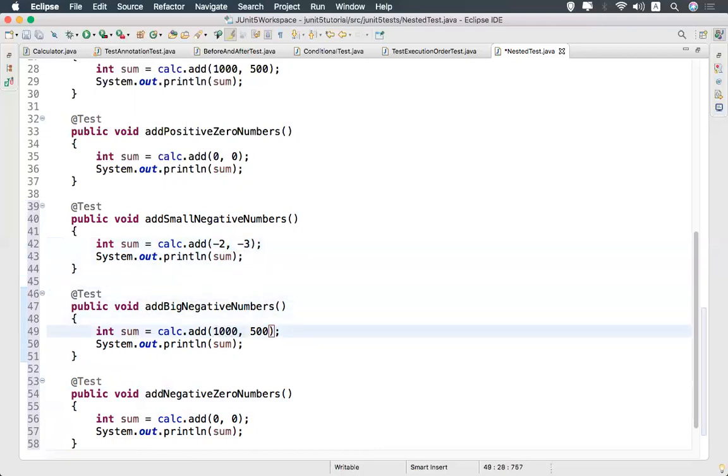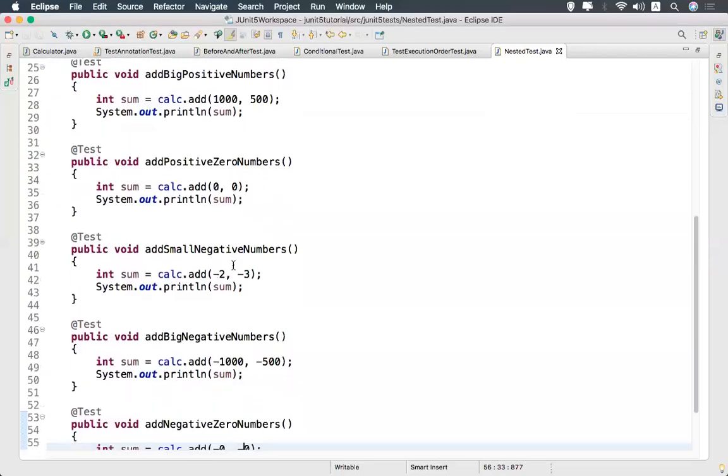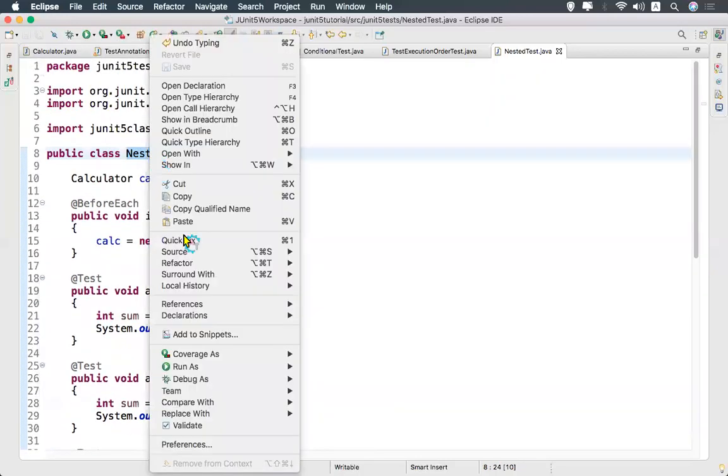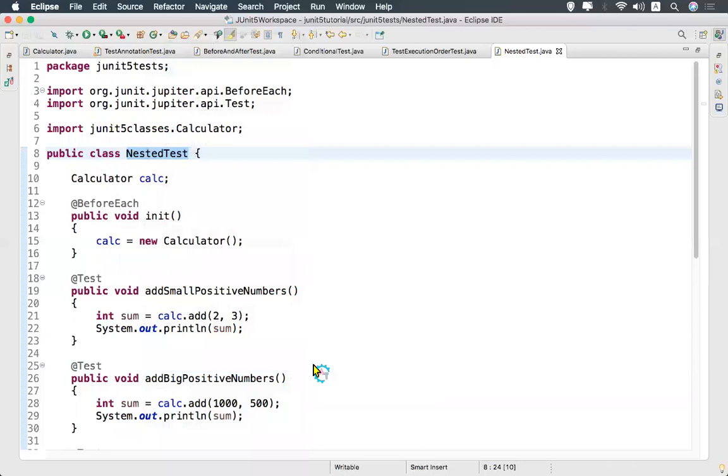So minus 1000 and minus 500, and also minus 0. There is no minus 0 or plus 0, but just as an example, I want to test whether my method works perfectly if I give something like this. Okay, I am done. I have 6 tests. I'll simply execute this and we'll see the output first.